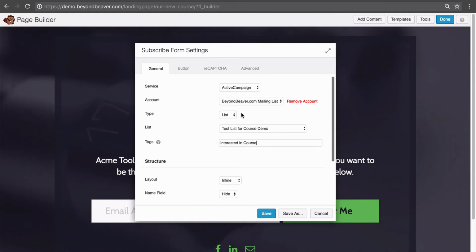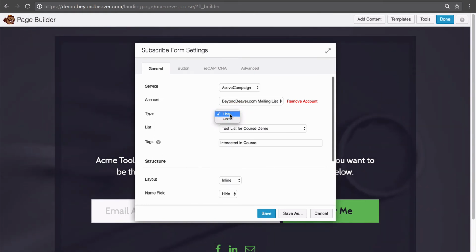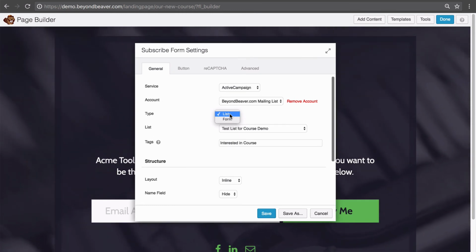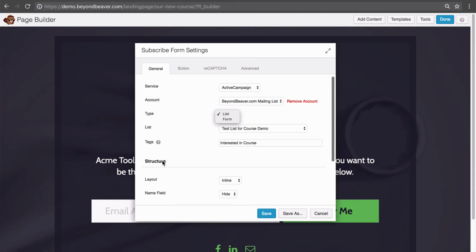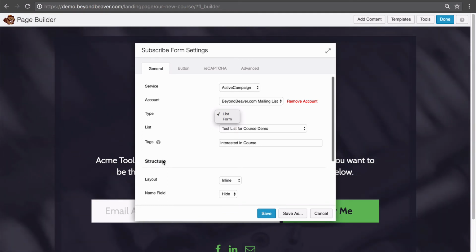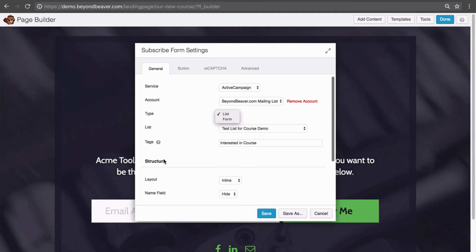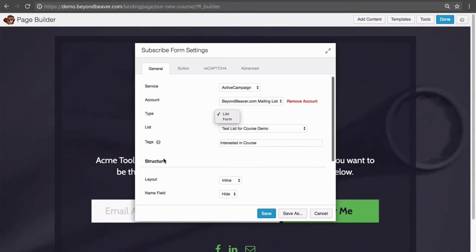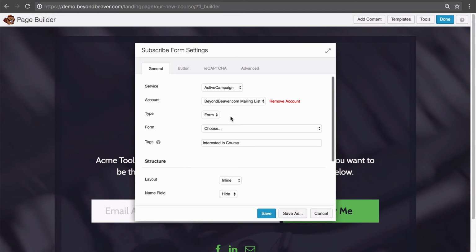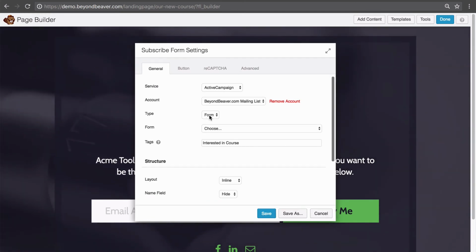So a fail-safe is to just go ahead and have them go to their inbox to click a button just to double confirm they actually want to receive these emails, because that weeds out the bots, because the bots aren't going to fill out this and then check their inbox. And that way, when you email your list, it's people that actually want to receive them and the emails are legitimate, and that way your deliverability rates are going to stay positive and your spam scores are going to be good. So we want to change this to form, because as we saw, form allows us to do that